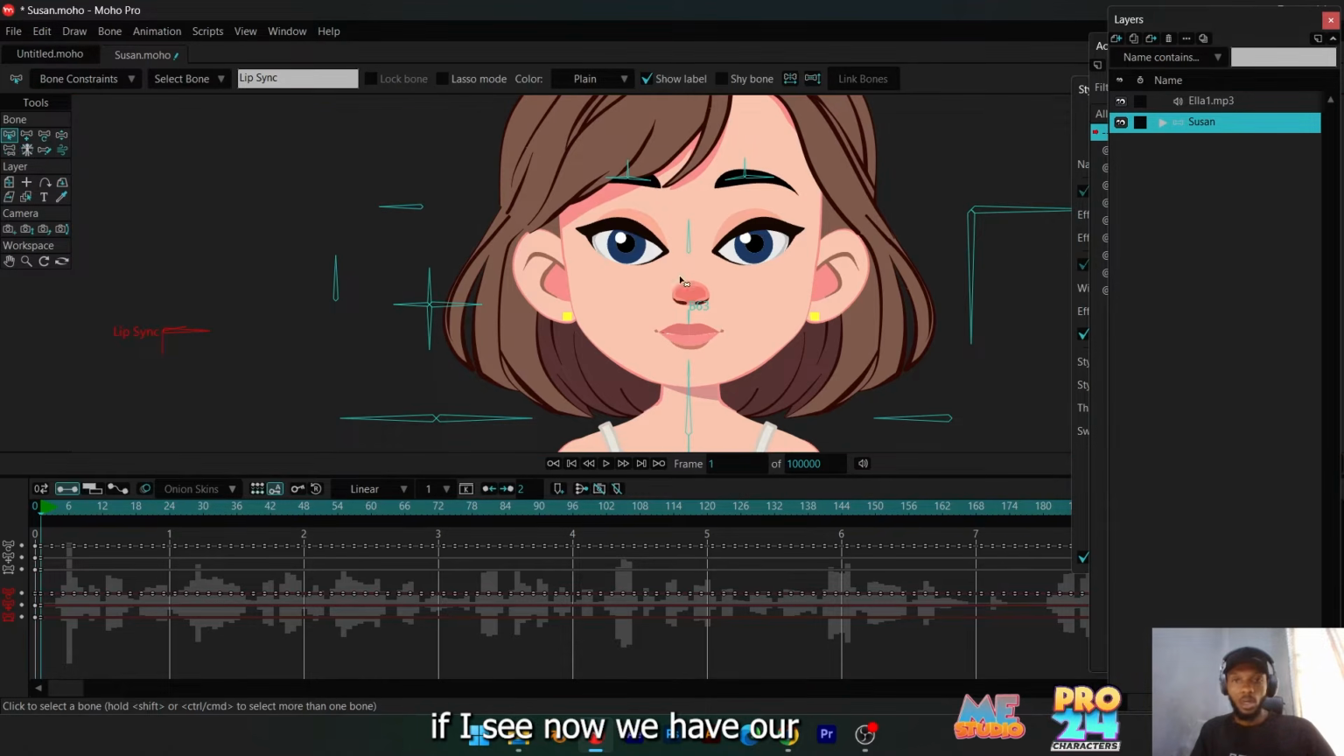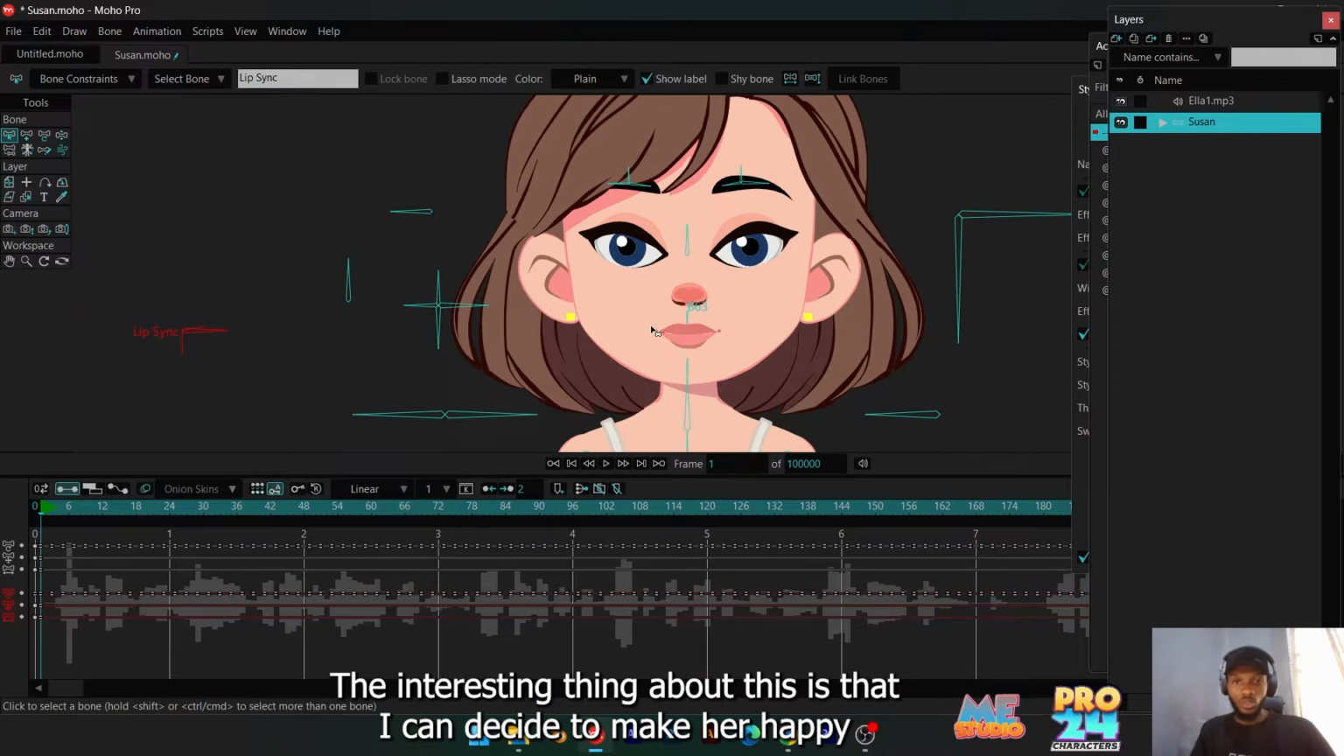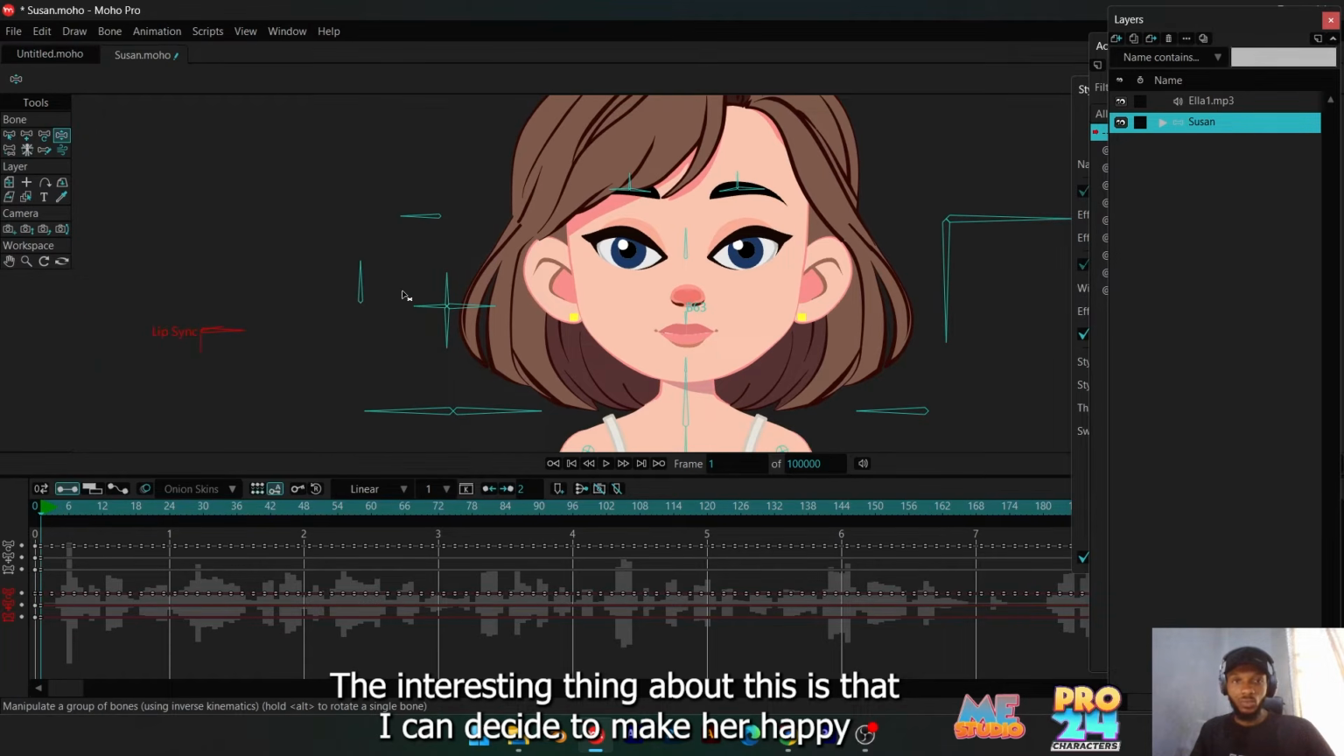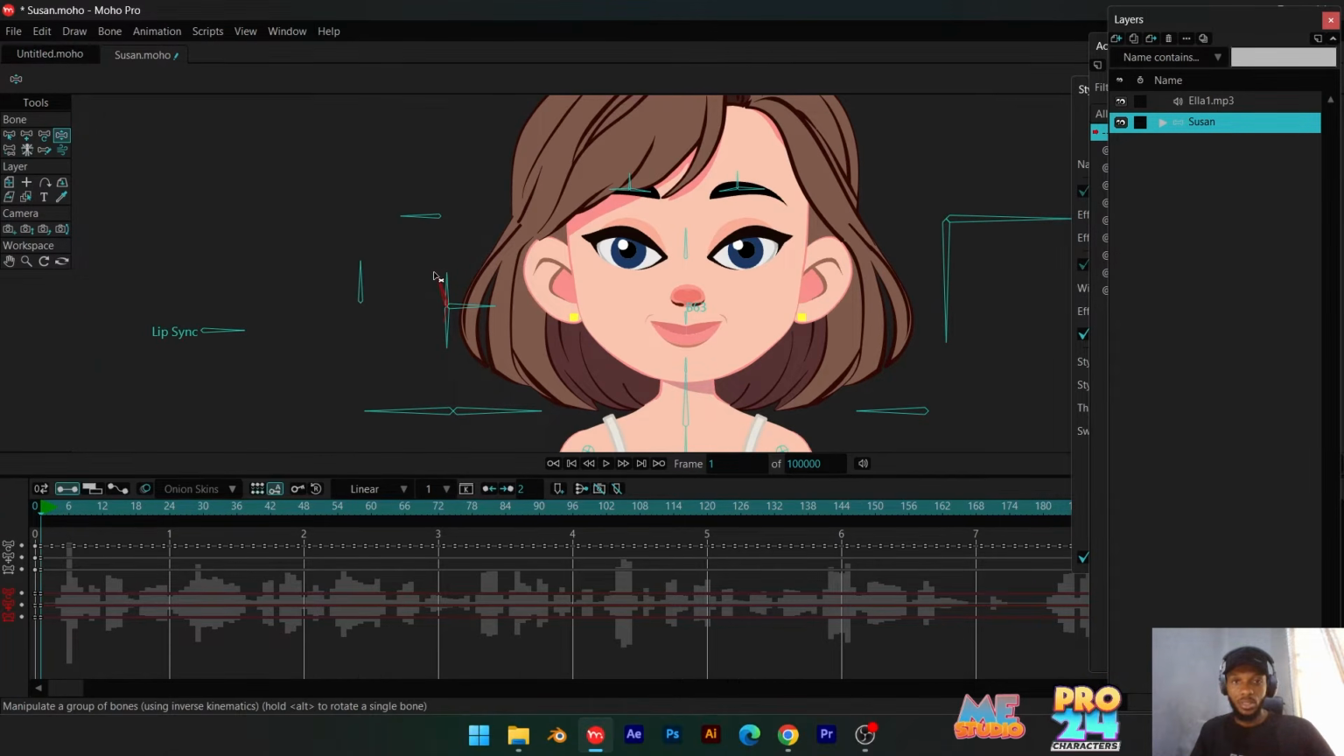You can see now we have our lips. The interesting thing about this is that I can decide to select make her happy while she's doing